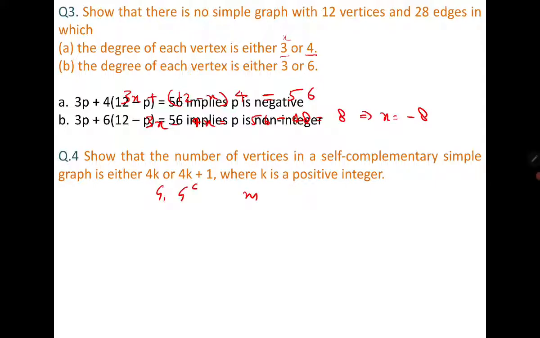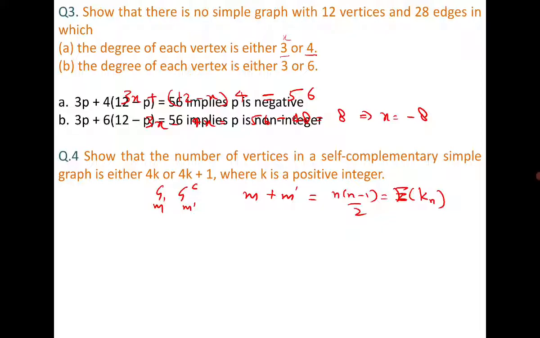Then you must recall that the number of edges in G is m, and in G complement is m dash, then m plus m dash is equal to n(n minus 1)/2, which is the number of edges in the complete graph, because an edge is either present in G or present